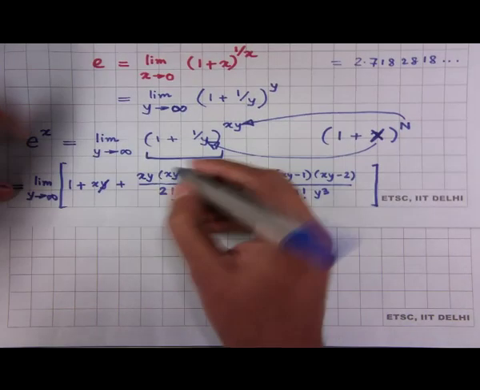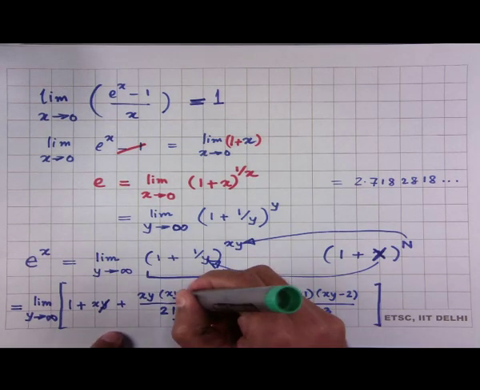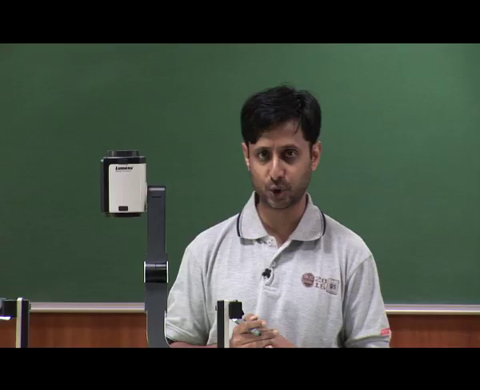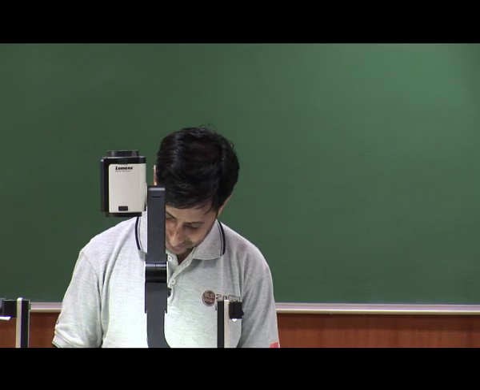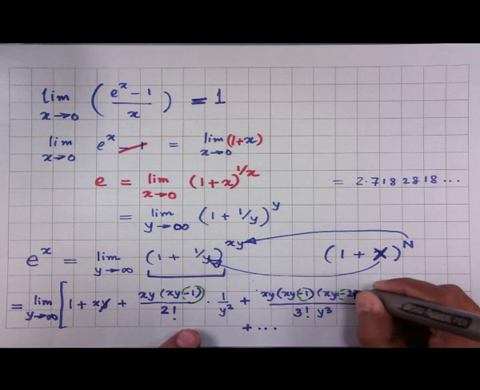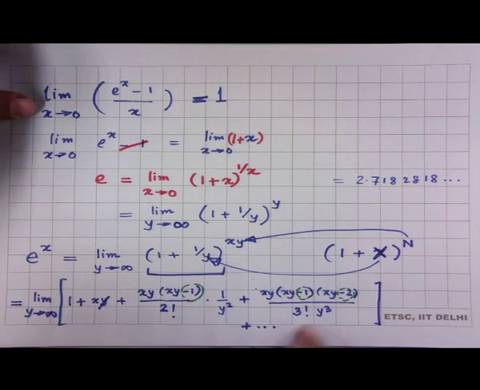So, this entire term is going to behave as if this minus 1 portion was not really there, because y is very large, right. Likewise, this minus 1 portion, this minus 2 portion are going to be negligibly small, because they will have to be divided by y squared, y cube. Each will be divided by a y,